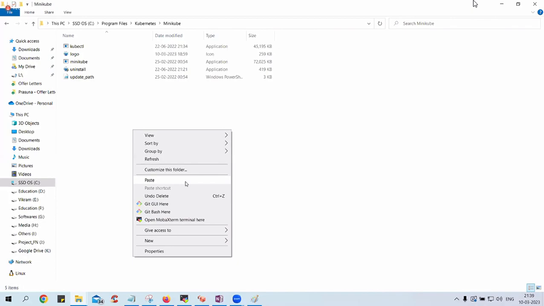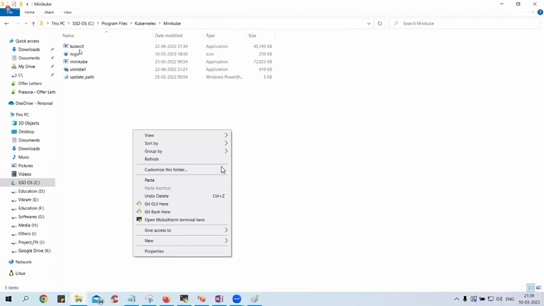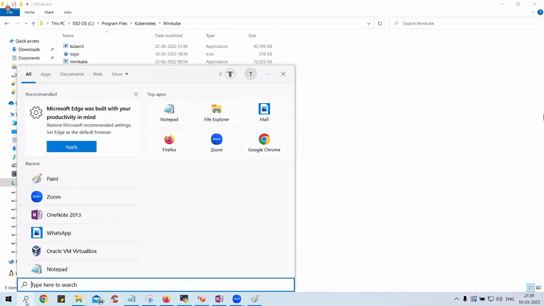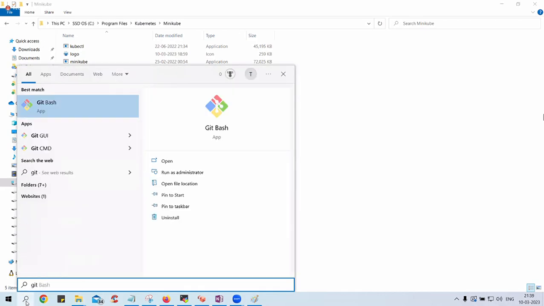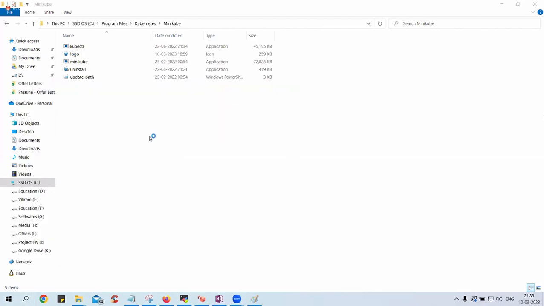I already have it. You can see the first file is that only. That's the reason I'm not doing it. Kubectl I already have. For other batches I have done it. Are we clear? Prithvi, Rahul, Rohini, Samir, Sanjay. So cut and paste it here. That is what you have to do. So once it is pasted, then you can open up the Git bash or CMD. It's up to you. I prefer Git bash. So I'm opening up Git bash.